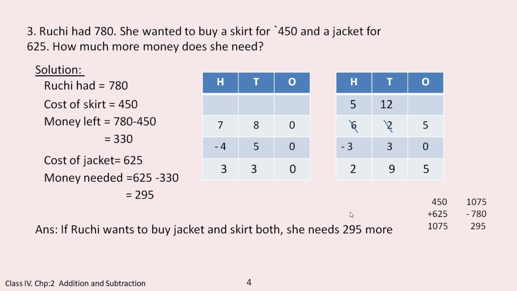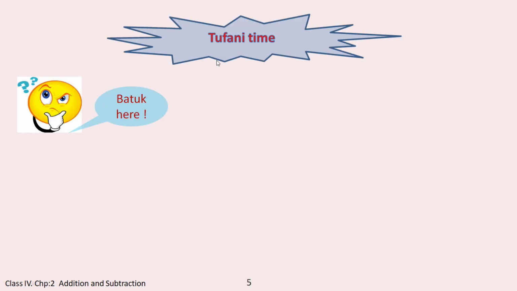Okay, fine. Now it's funny time, and Batuk is here again. Let's see what he has brought for you. Oh, it's the answer for the previous riddle. I had asked you, a thing which has a head and a tail and it is brown and it cannot move. The answer to that riddle is coins. When you toss a coin, it has a head or a tail. You ask, heads or tails.